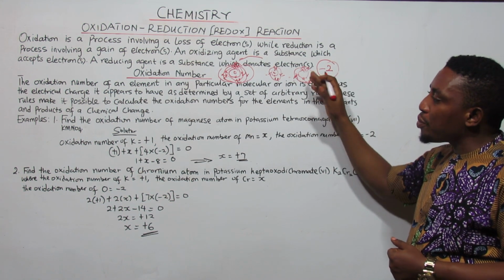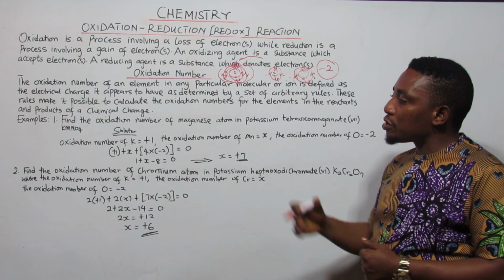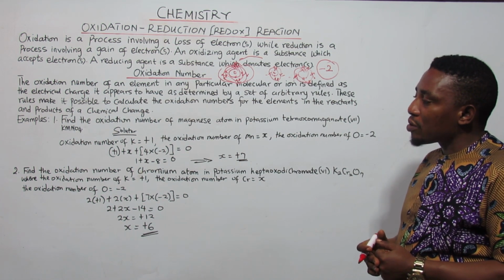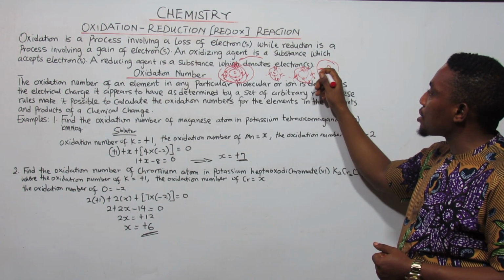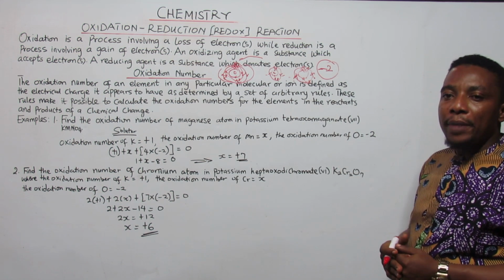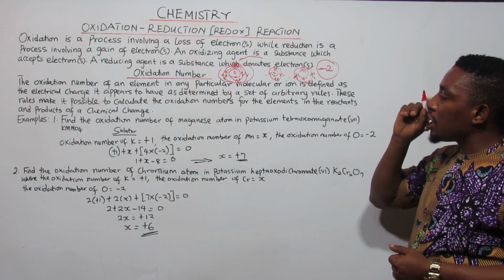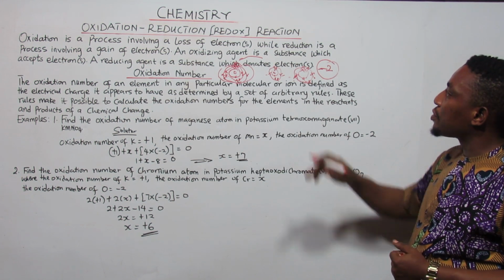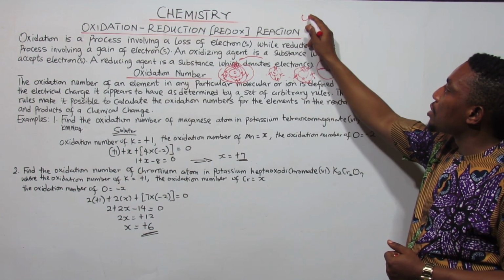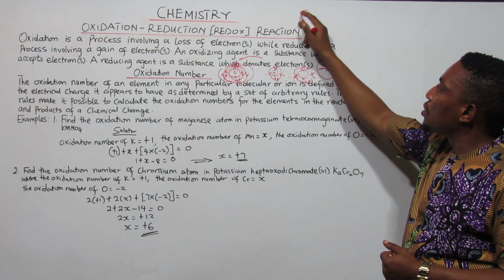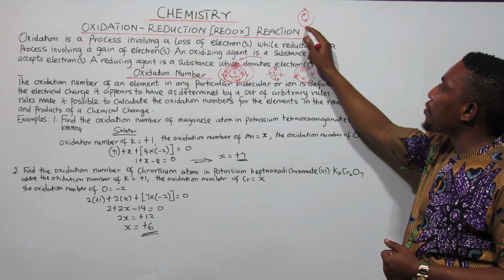This is the simple method of getting the oxidation number of a particular element. So this tells you that oxygen has minus 2. But if I want to get that of potassium, this is potassium, it has 1, 2, 3, 4,